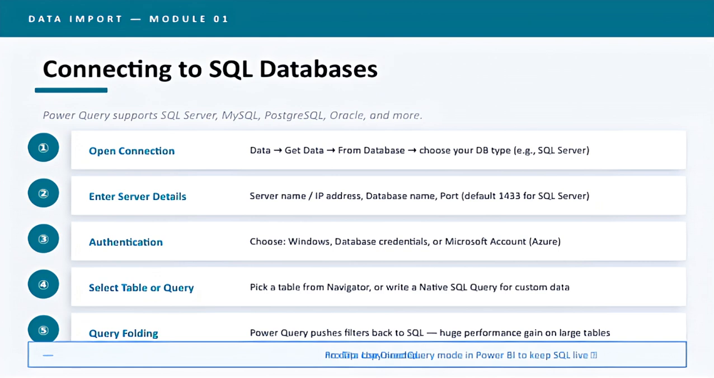Now, when connecting to a database, you'll typically start by picking a table from the navigator or writing a custom SQL query if you need something specific. This gives you flexibility in choosing the data you want to work with. Next, you'll select the table or query you've prepared. Then, you'll need to authenticate your connection. You can choose from options like Windows authentication, database credentials, or signing in with your Microsoft account, especially if you're